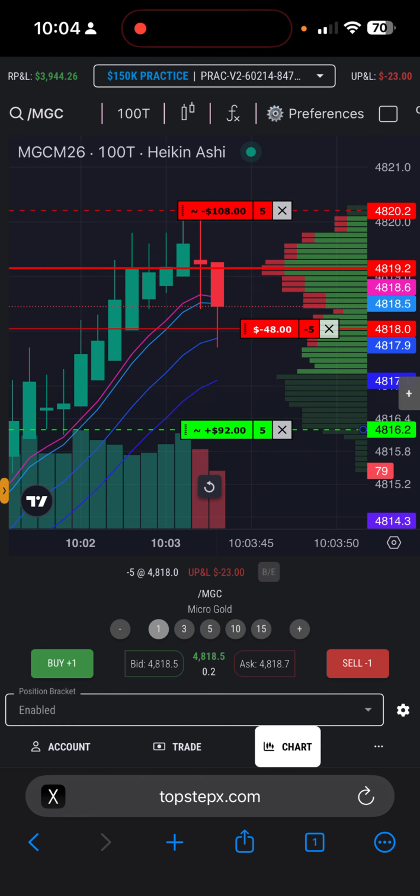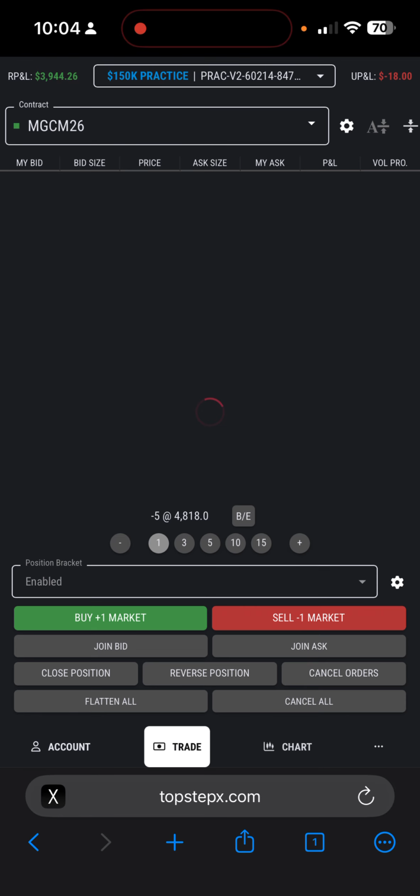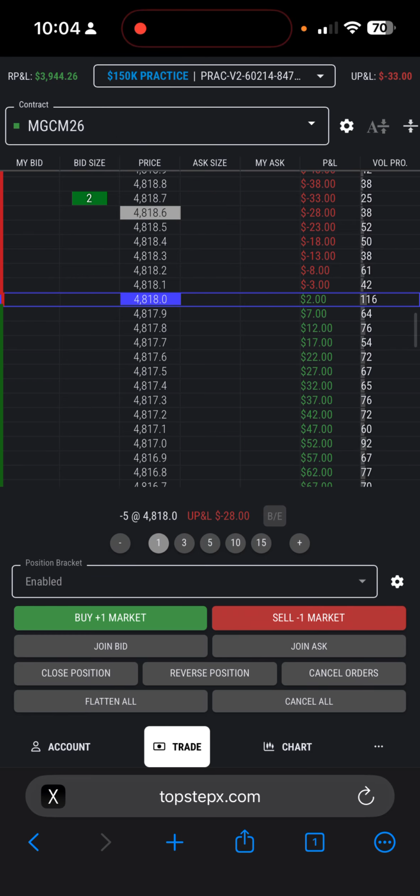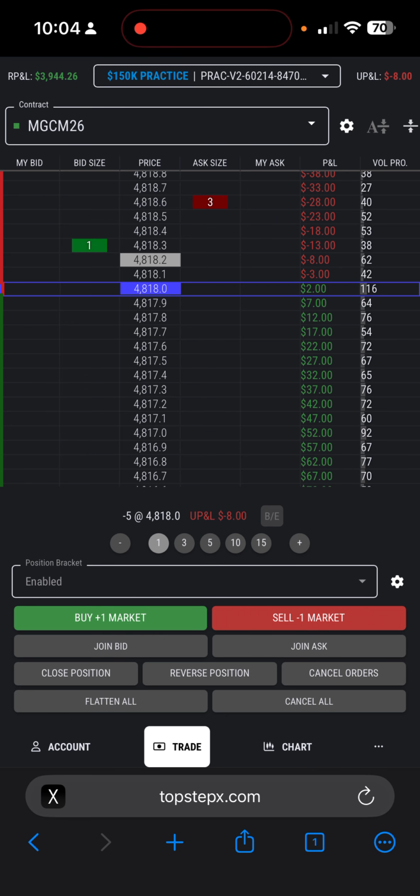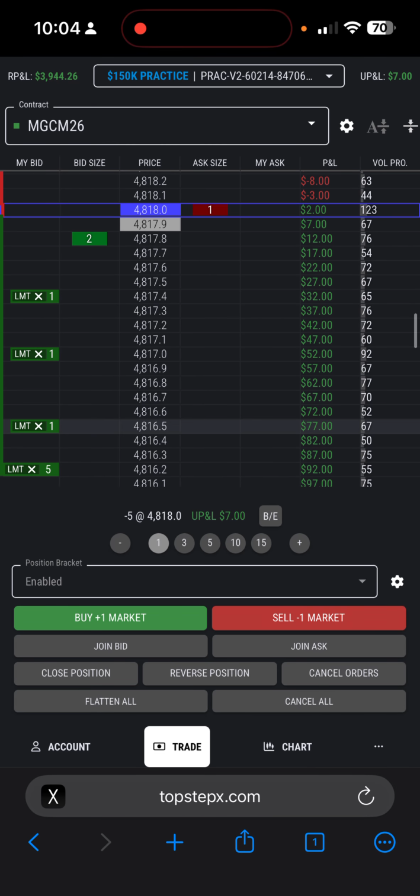That's a pretty big red candle, so let's hope this holds. But we're going to try to play safe here. If it doesn't start going our way really quickly, we're going to flat it. And let's start buying it back down here.